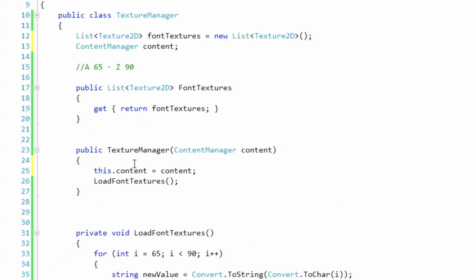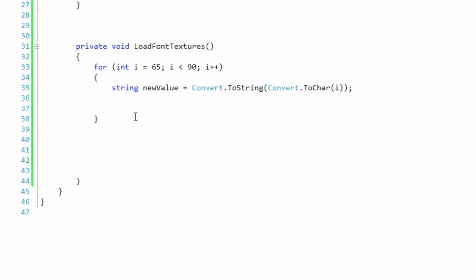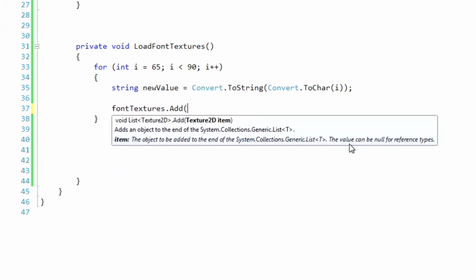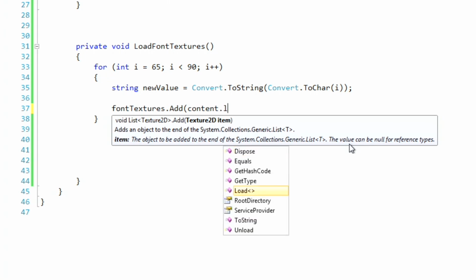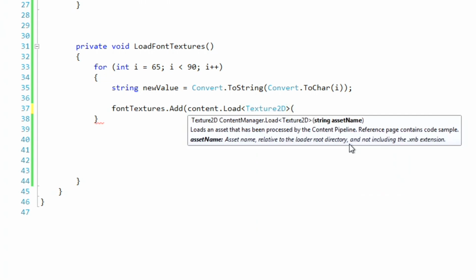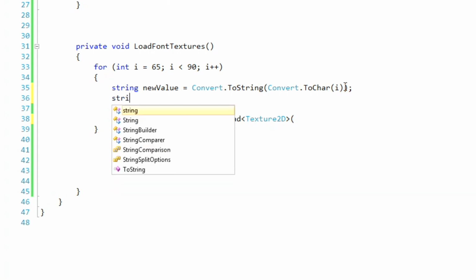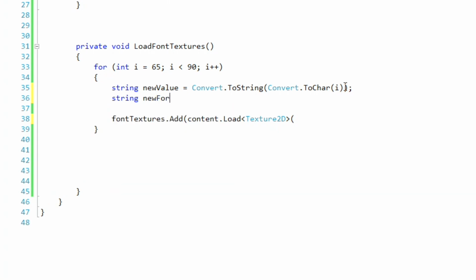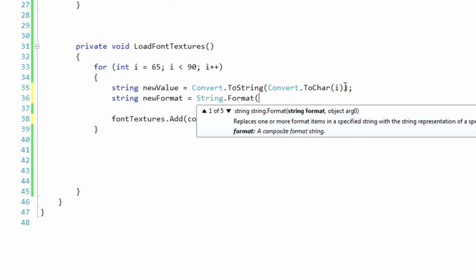All right, so we're going to go up here. I'm just going to copy this. So add, content dot Load Texture2D. And we just use a new string. Actually, we have to add something onto it. I could actually use a format. Yeah, I'm going to do that. Let's do fancy. So we're going to do string new format equals string.Format, and go key